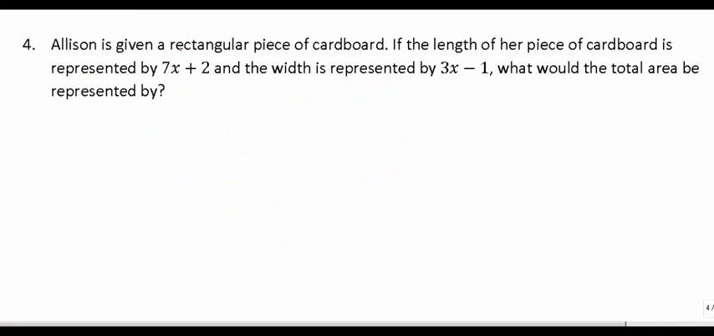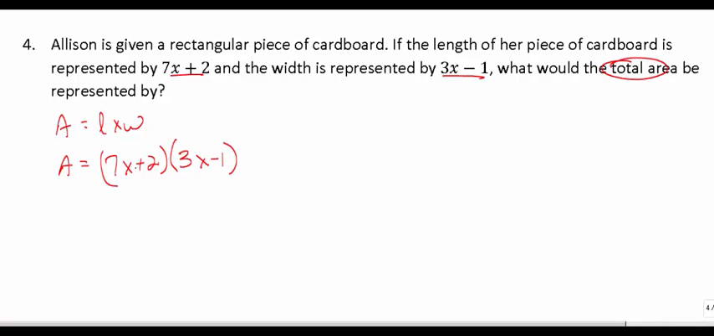Alright, on this next question, Allison has a rectangle and a piece of cardboard. Now it has dimensions of 7x plus 2 and 3x minus 1. So if we're looking for total area, this is an area equals length times width question. And so we're going to look for area equals 7x plus 2 times 3x minus 1. So you can use double distribution, you can use an area model. Whatever you do, just remember you have hidden